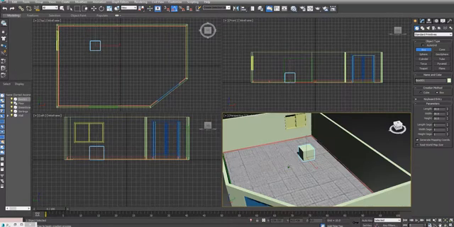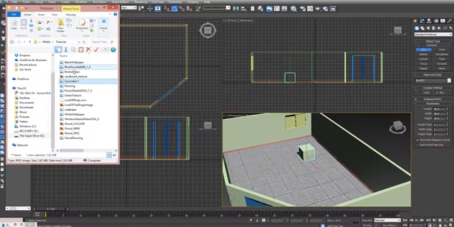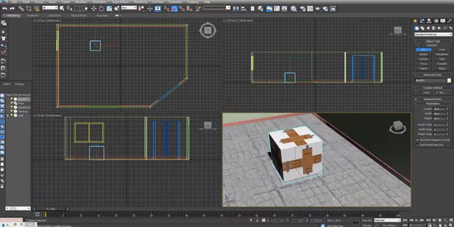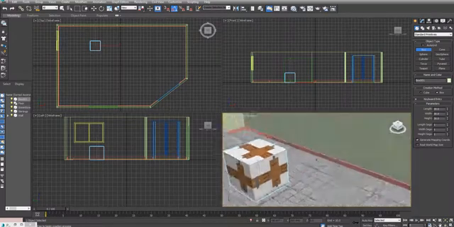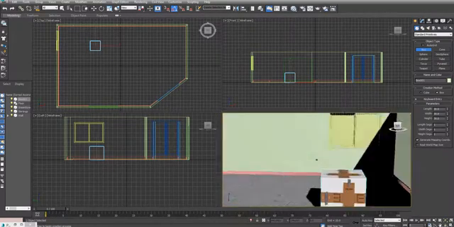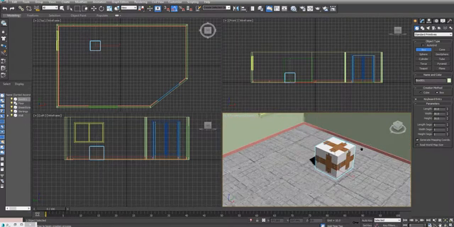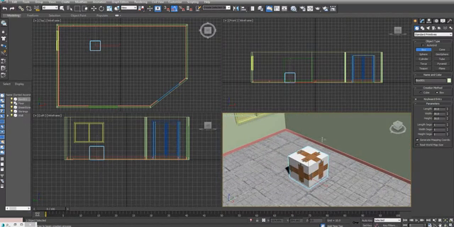If I wanted to make this a cardboard box, I have a cardboard box texture here, and I'm going to drag that over and put it on there. As you can see, it's not what I'd call a cardboard box, but it's got the image on it, which is no good. So in this particular instance, we're going to have to do what they call UV unwrapping,